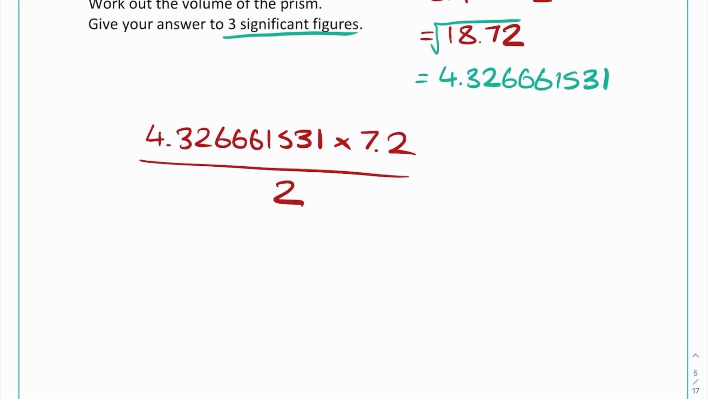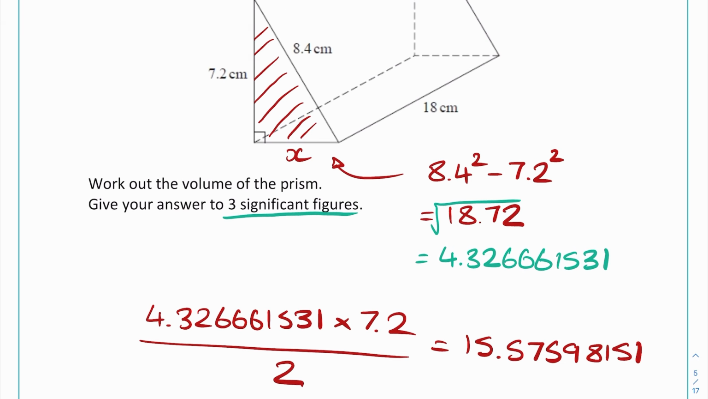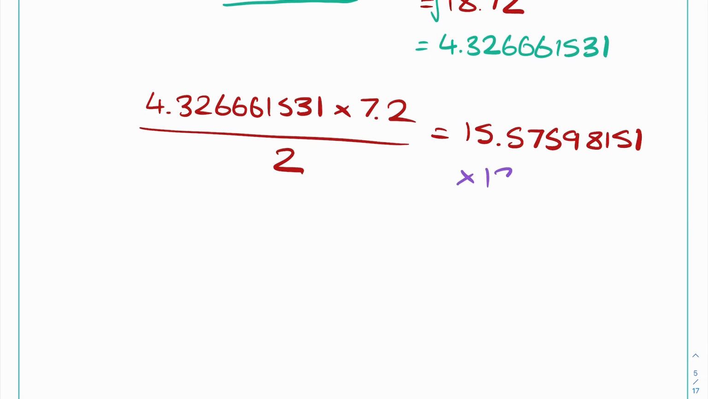So times 7.2, get my answer, then divide it by 2, and I get the area of the triangle is 15.57598151. To turn that into the volume then, I've got the area of the cross section, I just need to multiply it by the length that it goes through the shape. In this case that's 18 centimetres. So I just need to multiply my answer by 18, and that's going to give me the volume of this